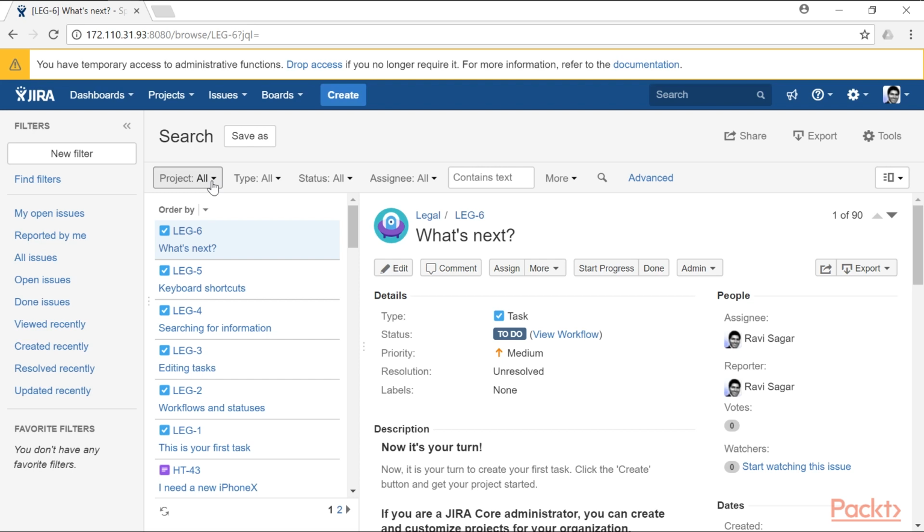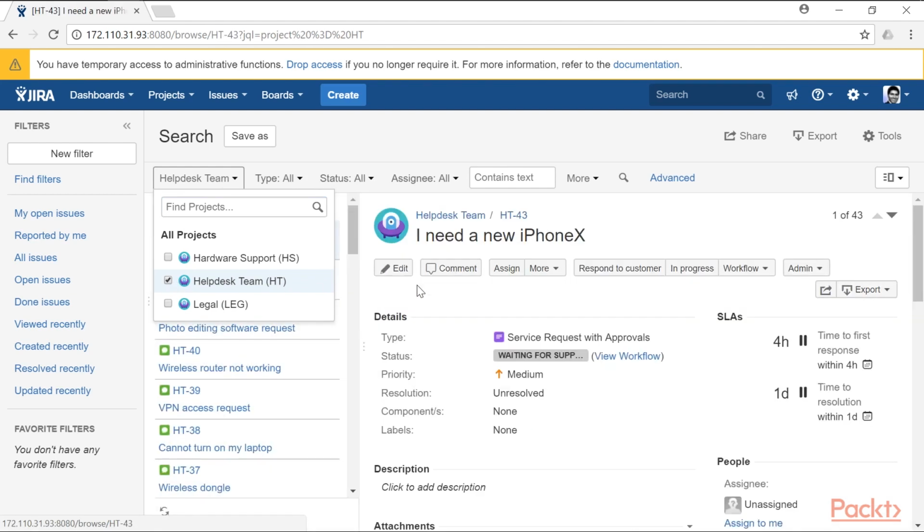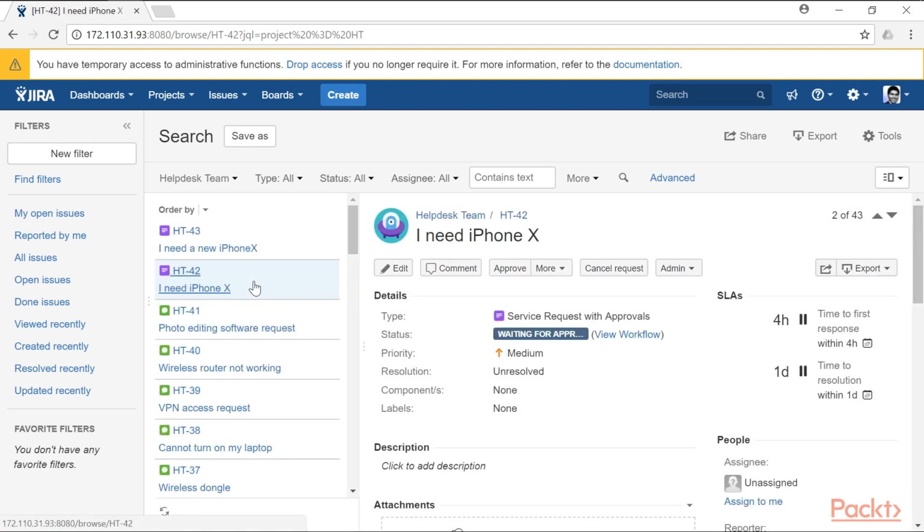For example, if I just want to take a look at all the issues of the project help desk team, I can simply click on the checkbox for this particular project, and then the list below will be refreshed for me and it will only display the issues of the help desk team. And you can see here that by simply clicking on the links or the specific issue, the right hand side of the screen will actually display the whole issue, and you can actually work on the issue from your Issue